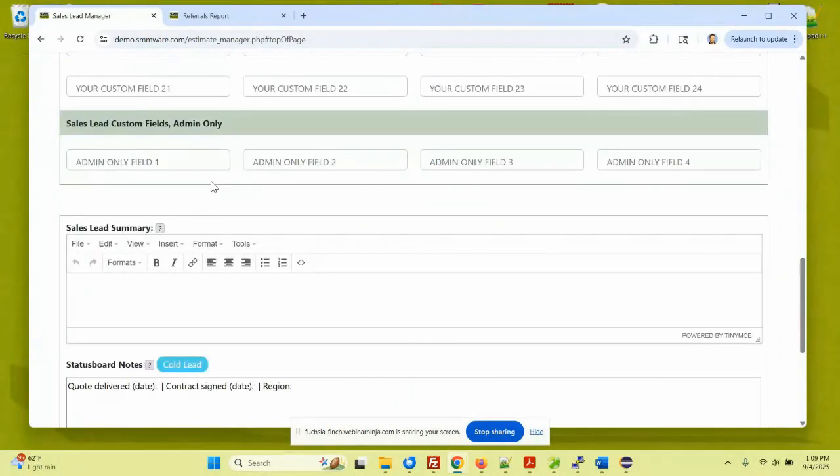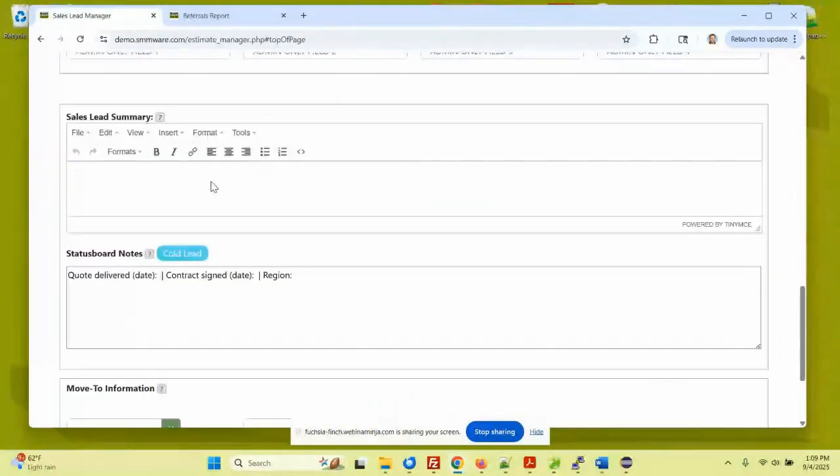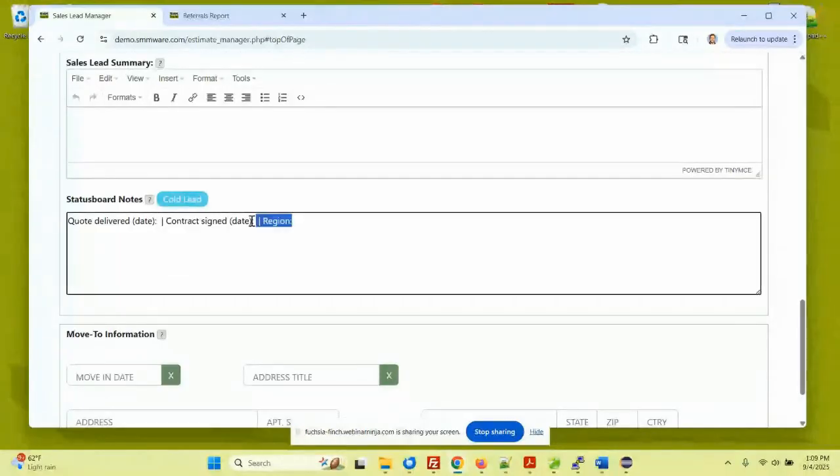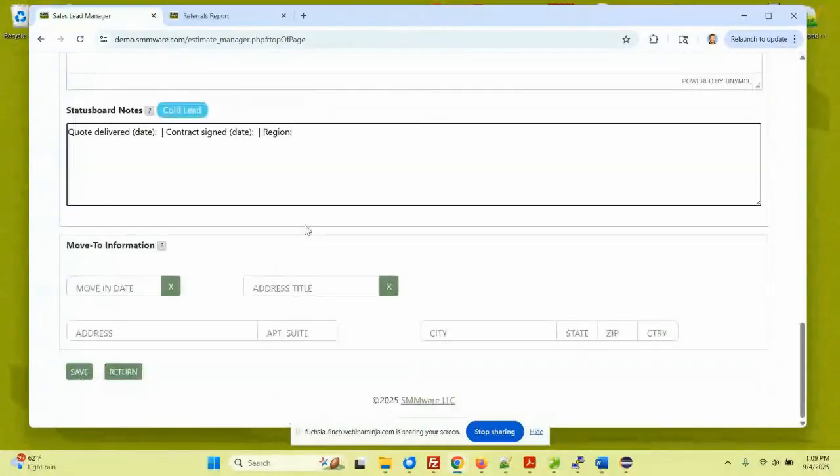Going back to our sales lead, we've got a status board. This makes its appearance on the home page. You can pick a tag. You can also define your own tags. Throughout SMMware, there are many places where you can define custom lists. You can also put in some default text. This is a common theme throughout SMMware. We try to give you a helping hand or like a head start, but we try not to lock you in. Just as we saw with the clients,